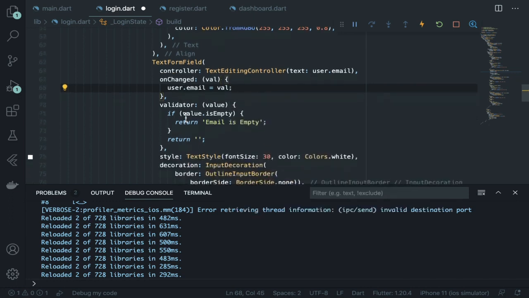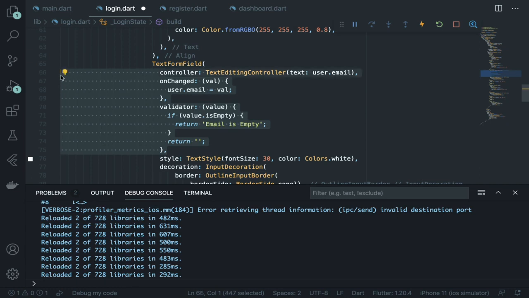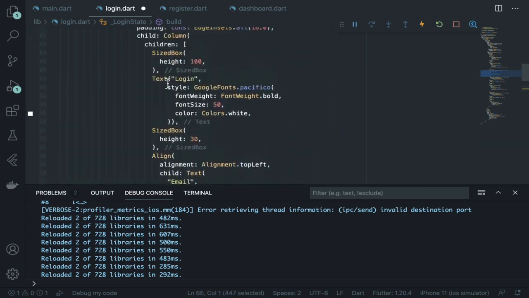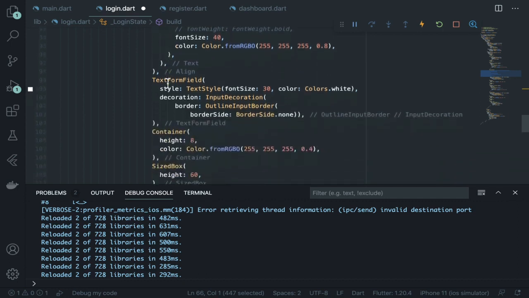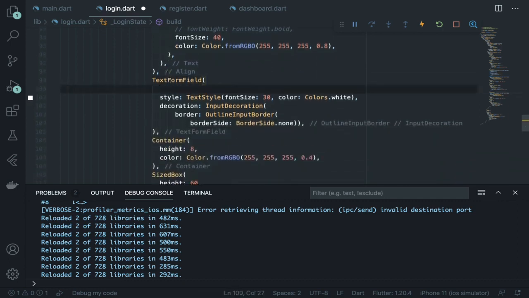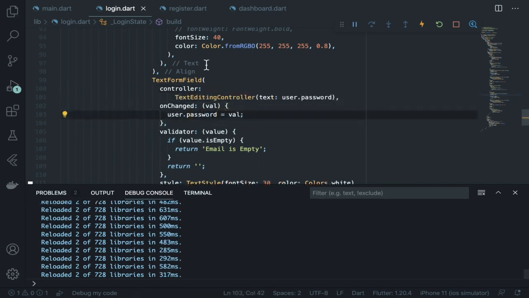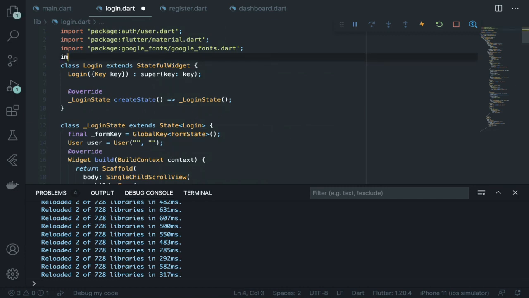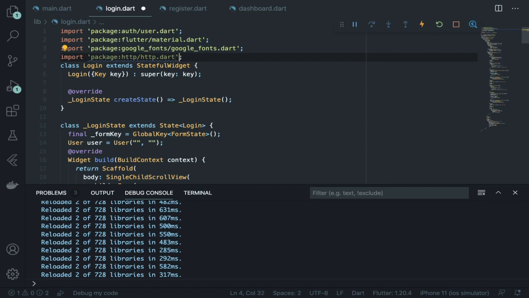So yeah, these three things are essential. Over here and over here as well, inside my TextFormField of password, change this to password and change this thing to password. Now I have to import my HTTP package from here as http,